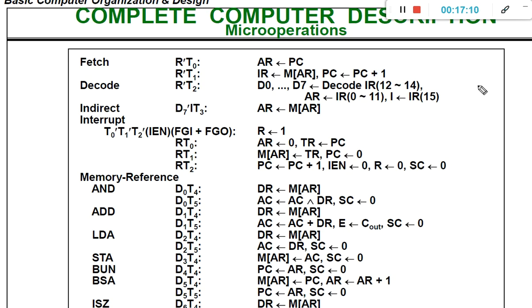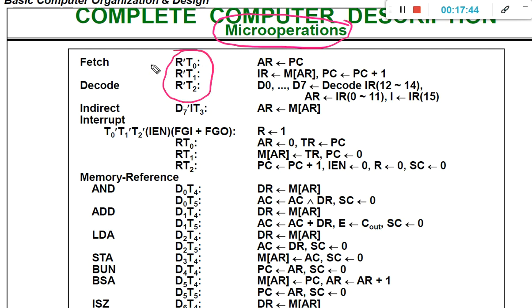So this complete flowchart describes the complete computer description. Now as we have seen the complete computer description, let us once again see the entire micro operations starting from the initial concepts of this chapter. Based on the complete computer description flowchart, what are the different operations we are going to perform? All these operations we have seen previously. However, here we are going to combine all the operations into a single table. So what are those operations?